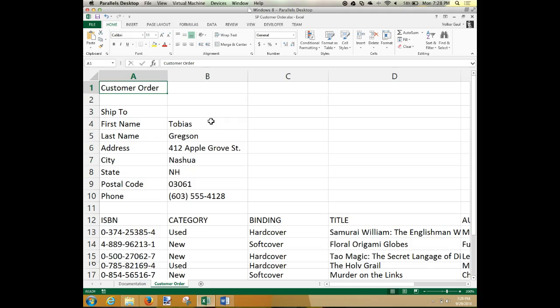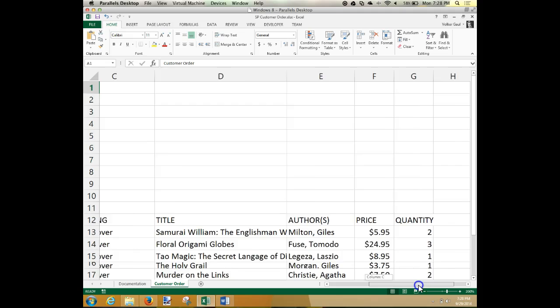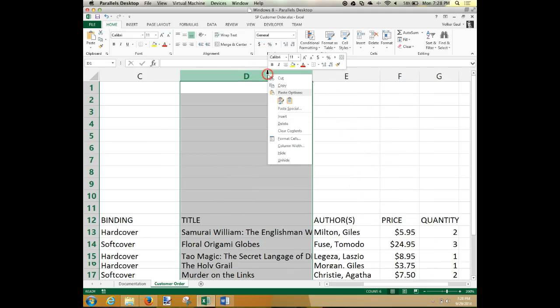Column D, auto fit the contents of D. Whoa. Okay, we haven't done this yet. Auto fit. I think there's a right click auto fit, but I think that's actually harder. No, I don't see it. To auto fit, you point to the right edge